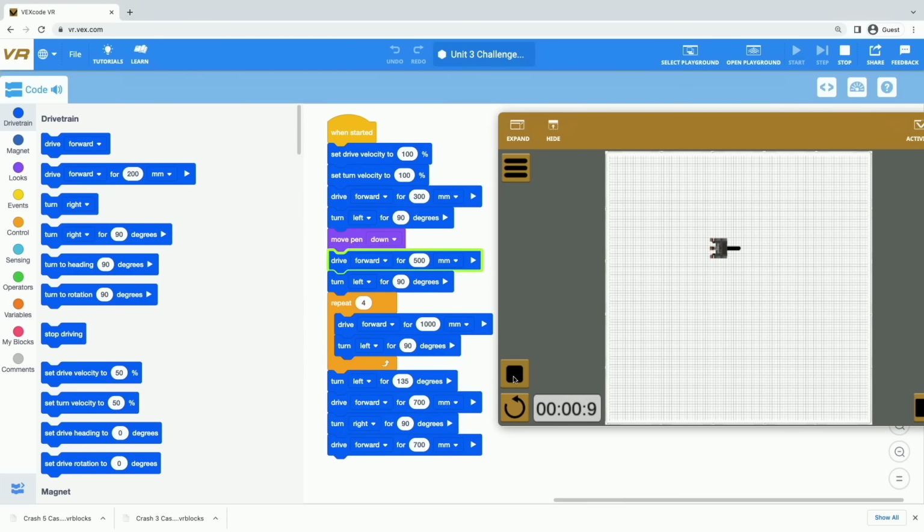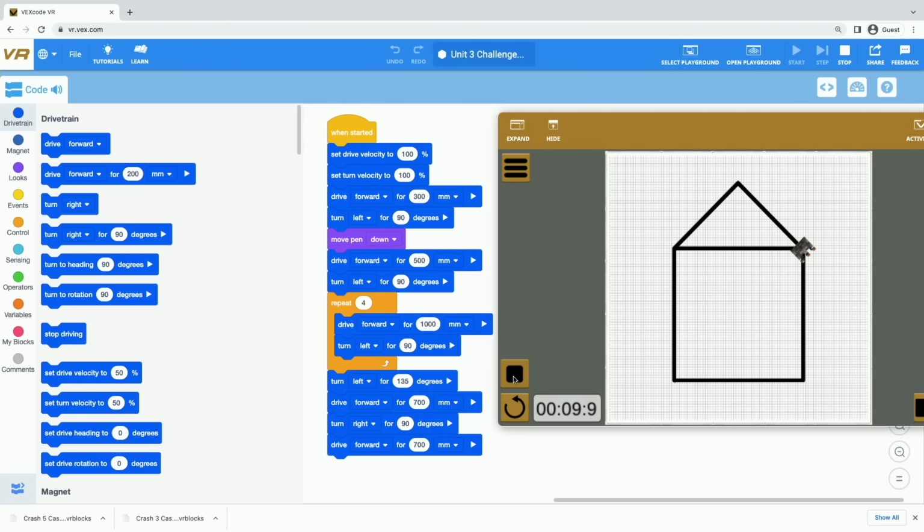Congratulations, you have coded your VR robot to draw a house on the Art Canvas Playground. How cool is that? Let's take a quick look at one possible solution that you could have used to create your project. Of course, this is just one of many possible solutions to drawing a house with your VR robot. You could have chosen different angles. You could have chosen different colors. There's so many different ways to do it. And that's one of the things that makes coding so creative and so fun.